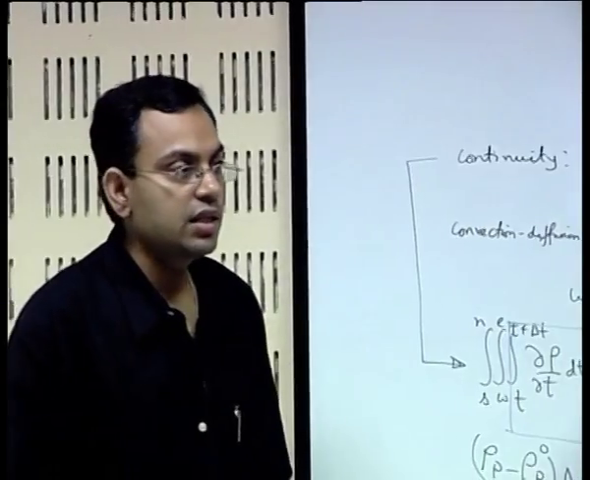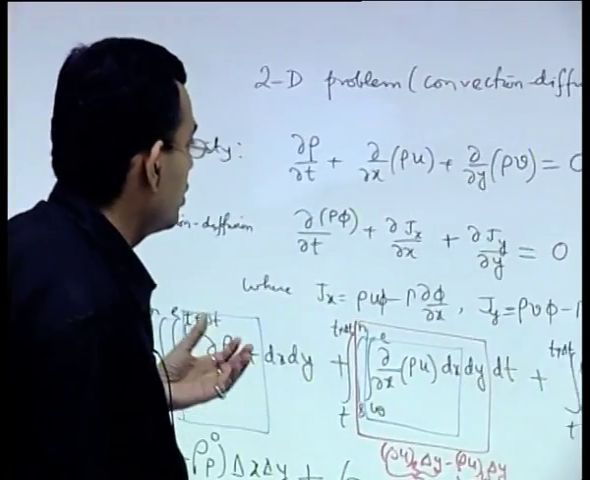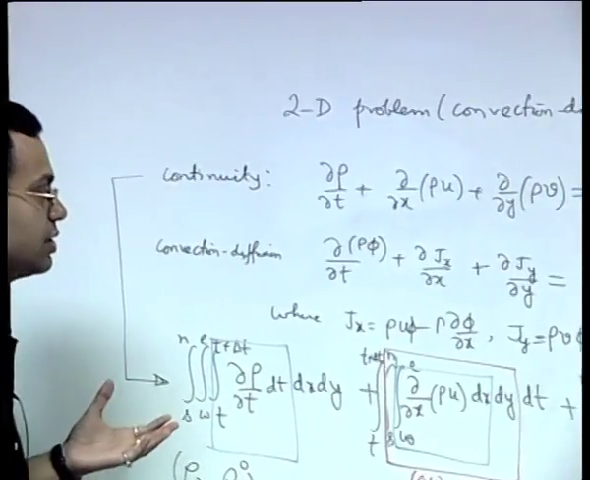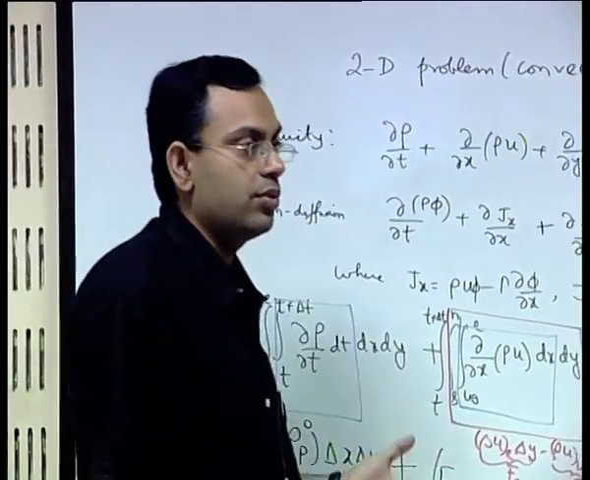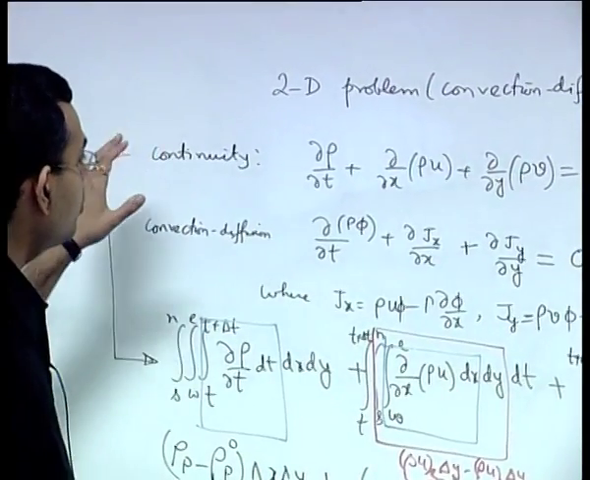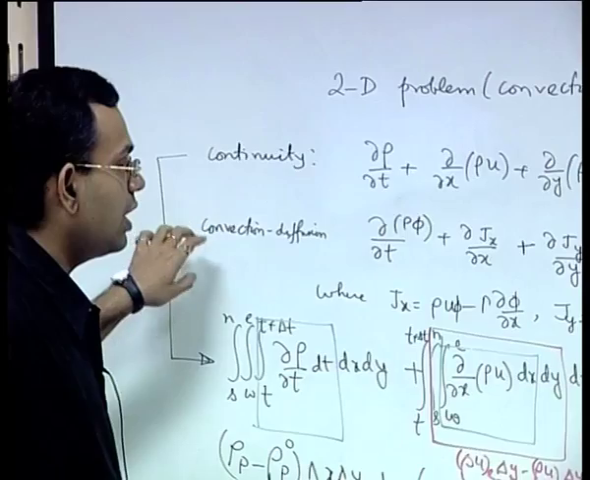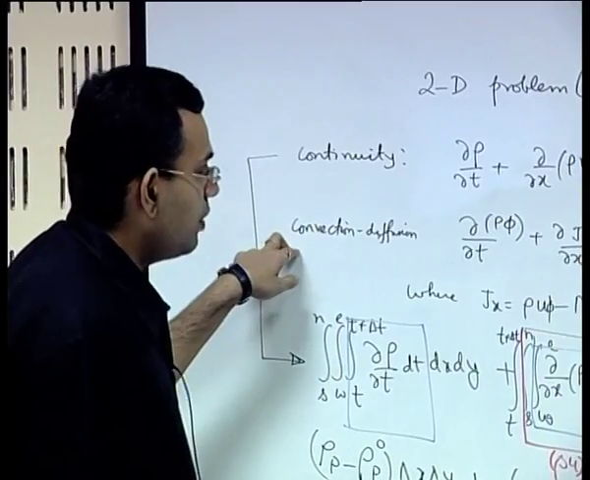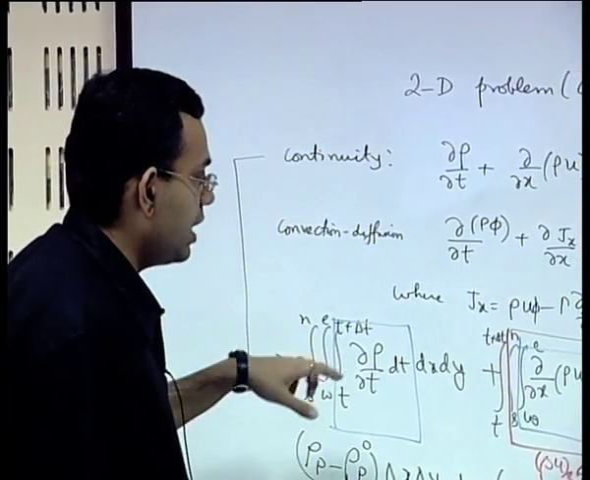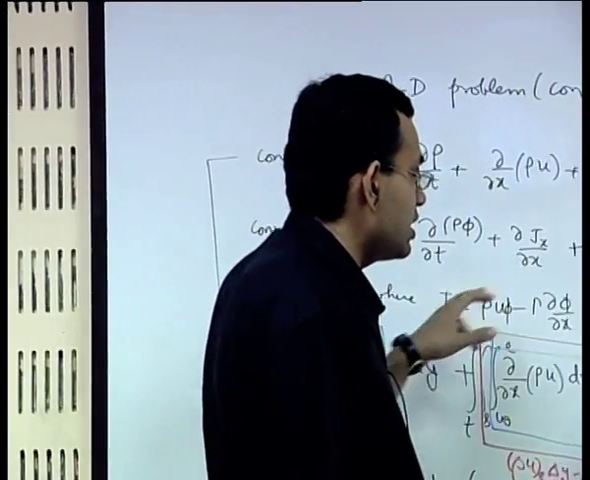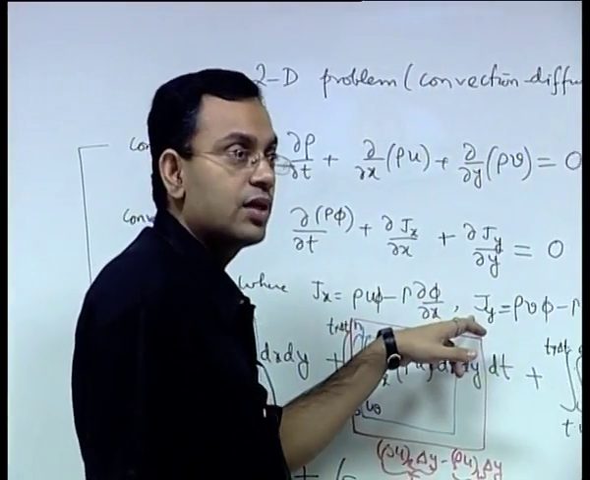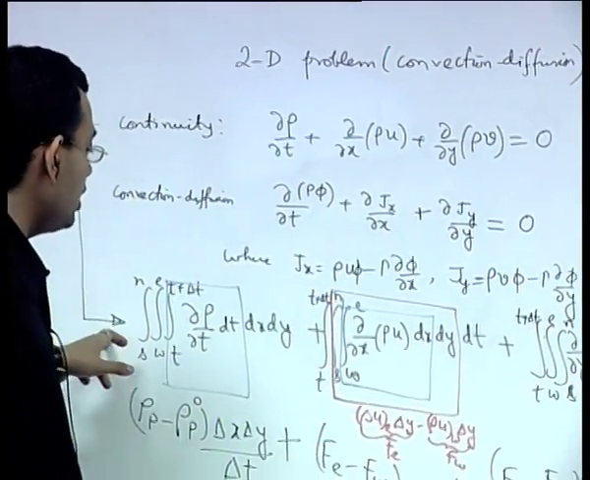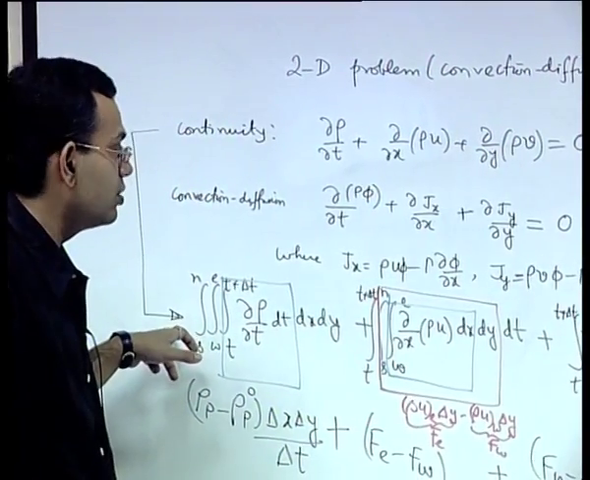In the previous lecture we started deriving the two dimensional discretized forms of the convection diffusion equation by considering an unsteady problem. The governing equations were the continuity equation and the convection diffusion transport equation, and we defined various variables as Jx and Jy as shown here on the board, and we first integrated the continuity equation with respect to